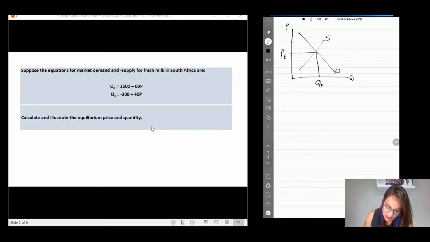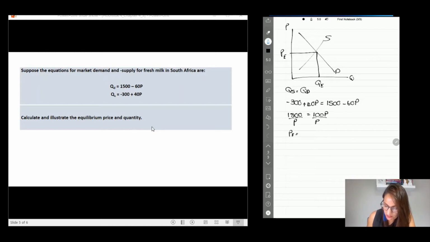So we can do that. We say, right, QS equals QD, where your quantity supplied is minus 300 plus 40P equals 1,500 minus 60P. So we have 1,800 equals 100P, divided by 100 to get P alone,